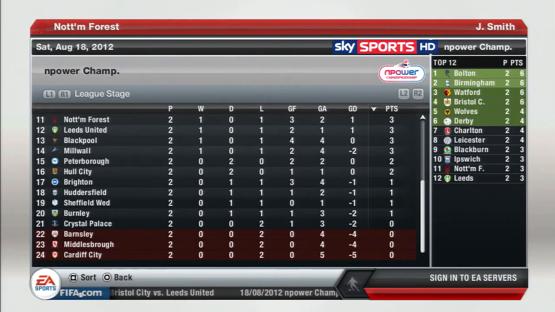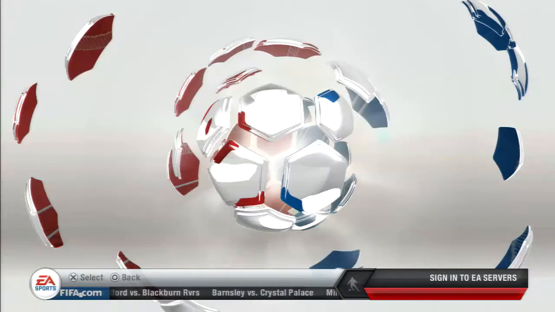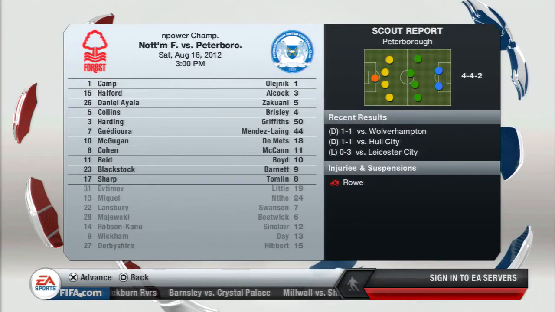We've got 3 games today. We're at home to Peterborough, away to Huddersfield, and then at home to Brighton and Hove Albion. And as you can see there, they're all in the bottom region of the table. And anyway, we move on to our first game against Peterborough, and you can see there Lee Camp still starts